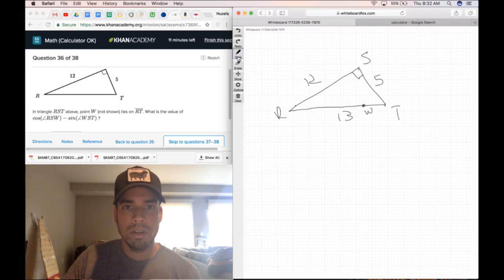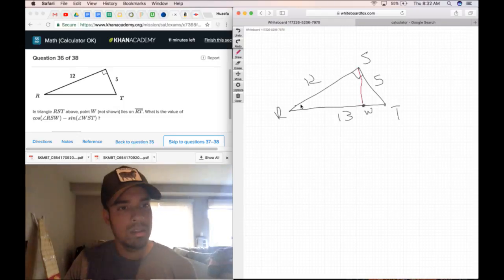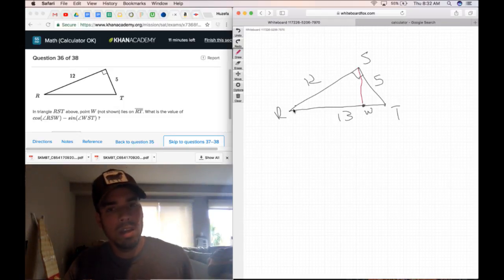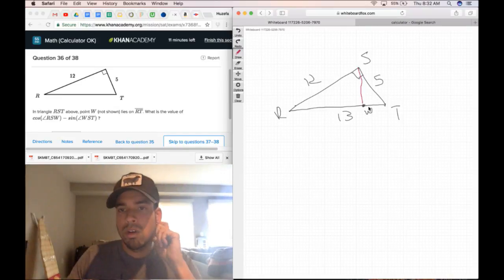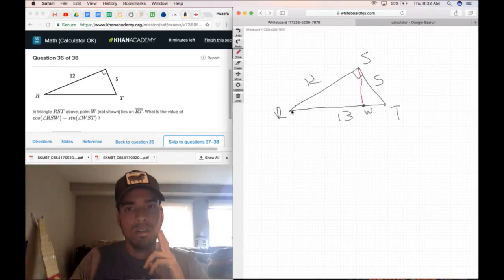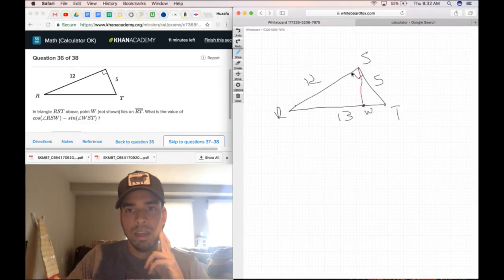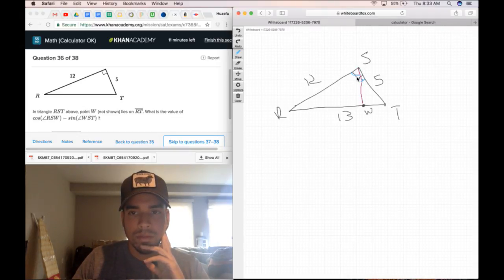I'm going to put it in red for now. Of RSW minus sine of WST. Okay. So we want cosine of this angle, see, I'm just mapping it out carefully, minus sine of this angle. So cosine of this angle is going to be,